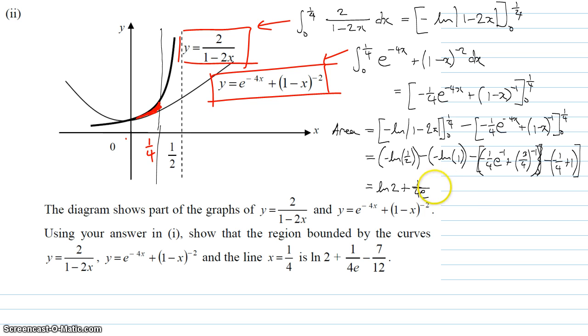Minus positive, so this becomes minus 3 over 4 to the power of minus 1, which is 4 over 3. And then we get minus negative minus, so that's still negative. That's going to be minus 1 quarter, and then minus negative plus, so that's going to be plus 1. So that simplifies to ln 2 plus 1 over 4e,